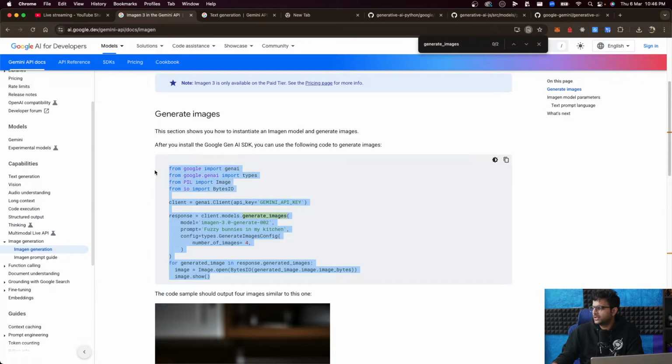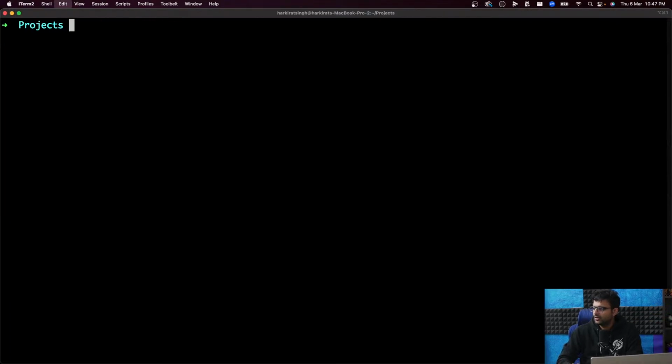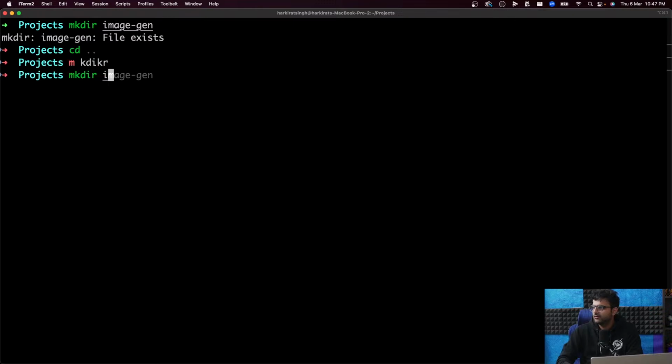Okay, the last thing we need to try now is to try this locally in Python. So create a new folder called ImageGen. mkdir. I already have a folder called ImageGen. So ImageGen2.